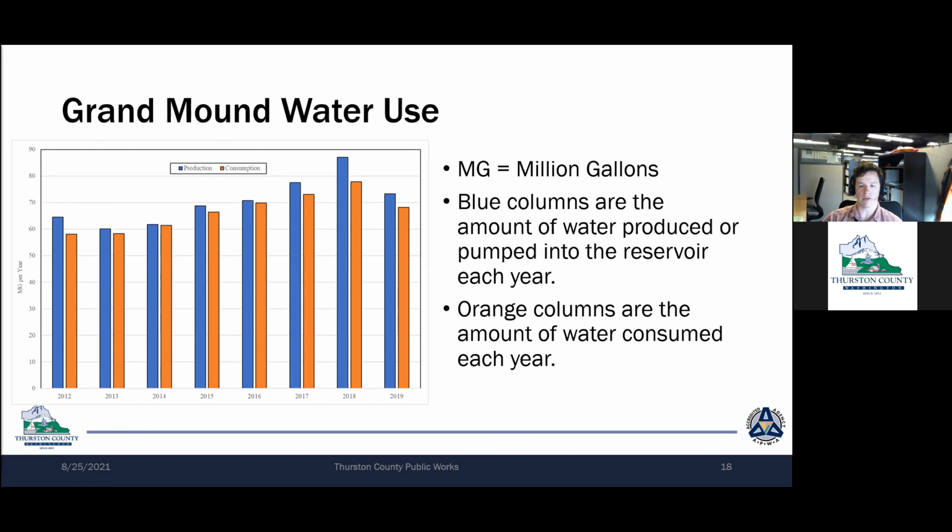As can be seen in the graph, water production and consumption steadily increased from 2013 to 2018 and then decreased in 2019. Water use data from the year 2020, which is not included in this data set, also shows further decrease, suggesting that production and consumption have begun to settle. Some years experience higher leakage, which is indicated by larger differences between production and consumption, such as 2012 and 2018. That said, leakage has been low through most of the years within this dataset and within the Grand Mound system.